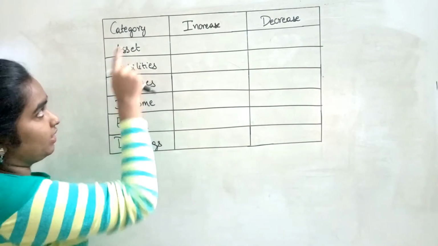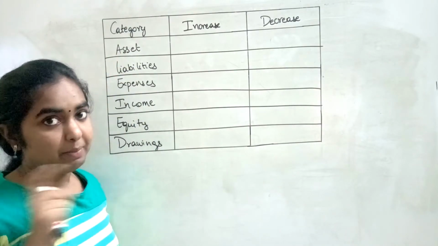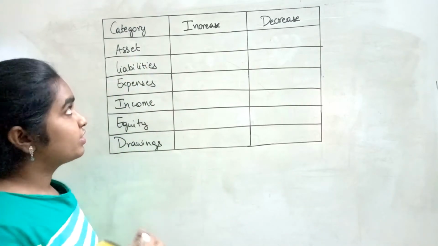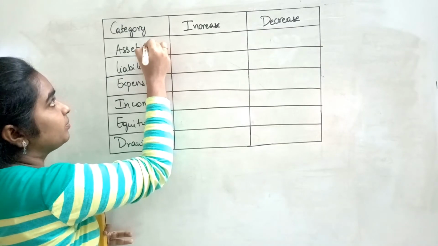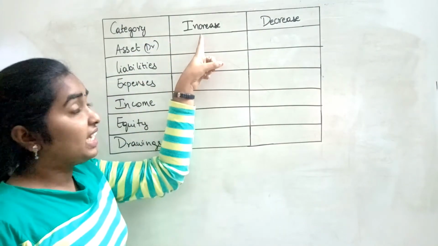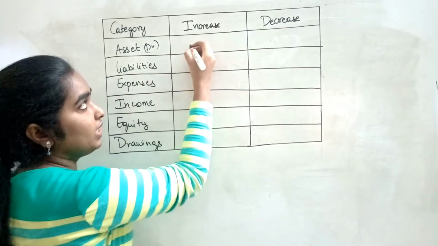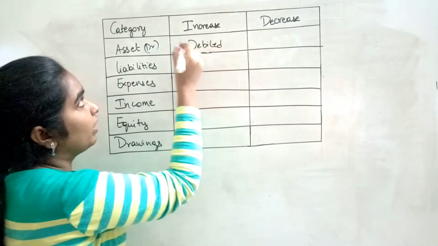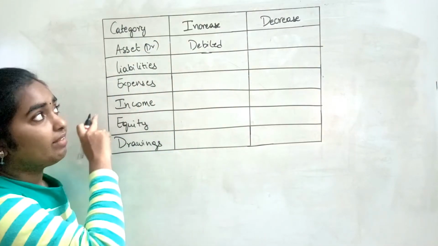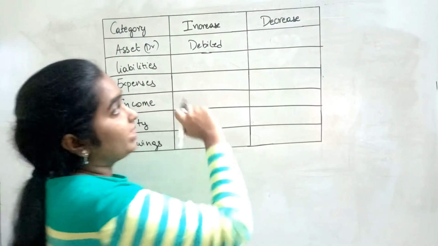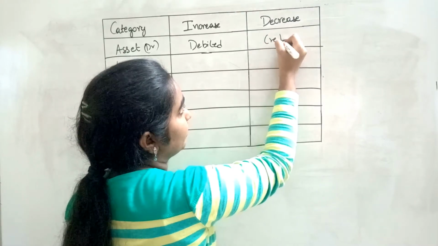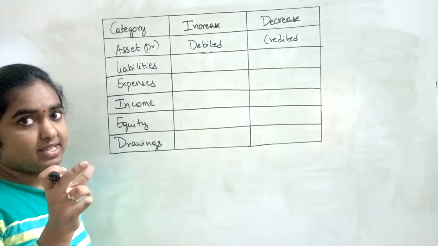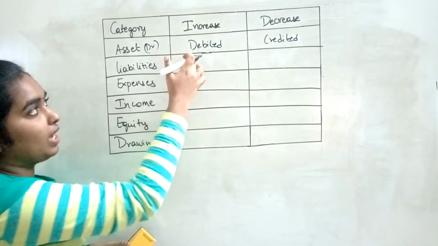So first of all, asset will be having a debit balance, right? Asset is on the left side of the equation, so it will have a debit balance. If there is any increase in the asset, then that has to be debited, right? Already the opening balance is on the debit side, and if there is an increase, we have to debit it. If there is any decrease, we have to write it on the credit side, right? Just recollect the asset, like the furniture asset, and try to answer this, okay?